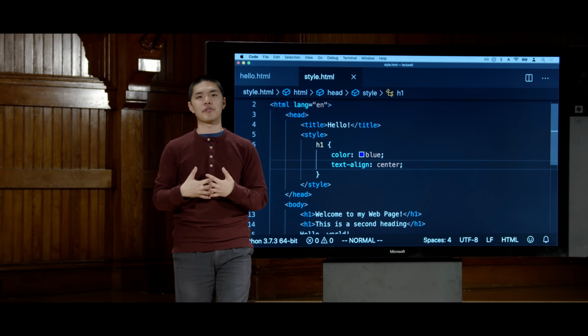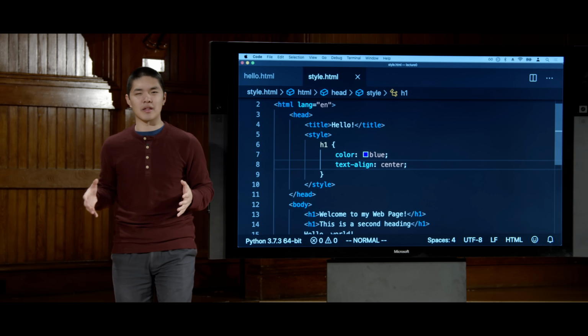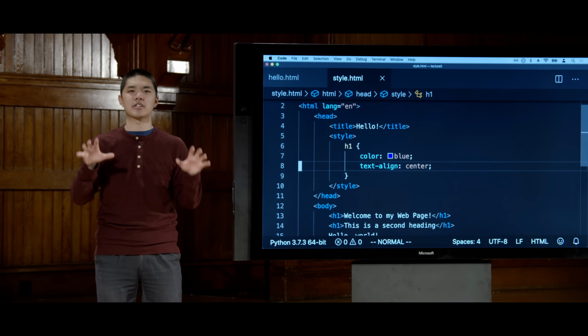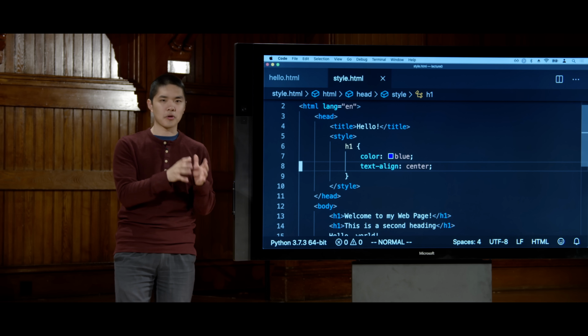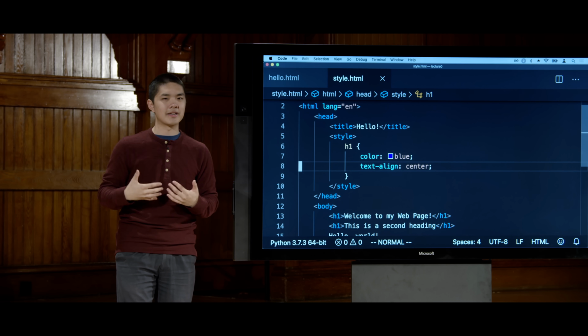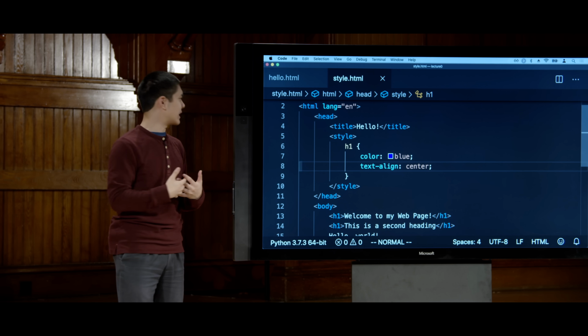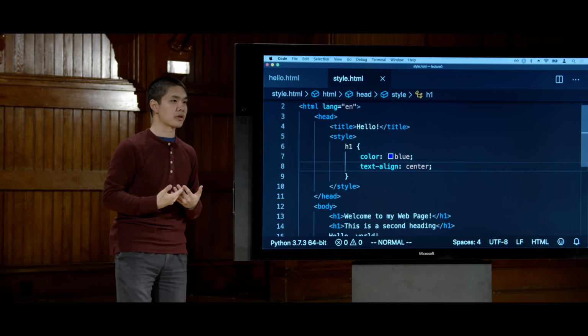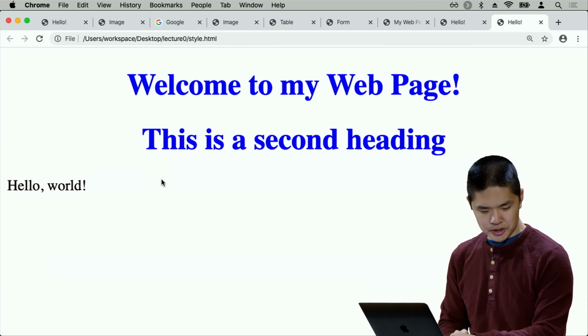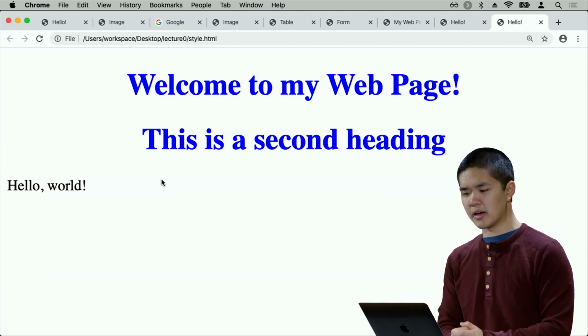And that's going to be another of the key themes that's going to come up again and again in this class, this idea of separating things out so that every piece can sort of be independent of one another. Our structure of the web page inside the body is separate from the style. And we'll see the same sort of idea appear again and again as we begin to try to design web applications well. So now if I take this exact same page and go ahead and refresh style.html,